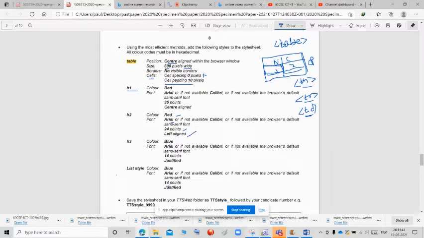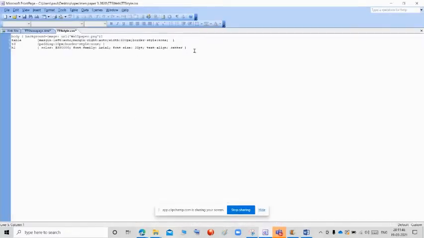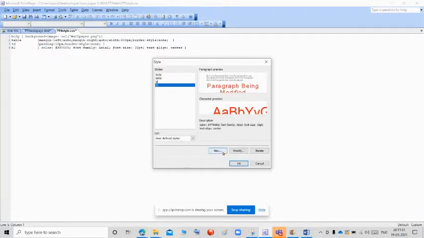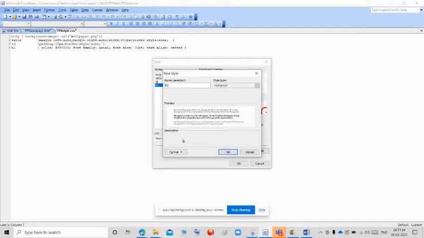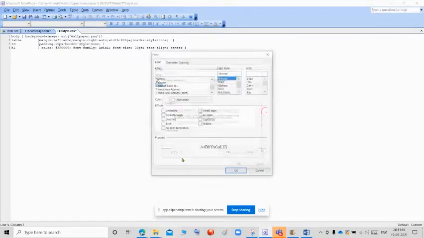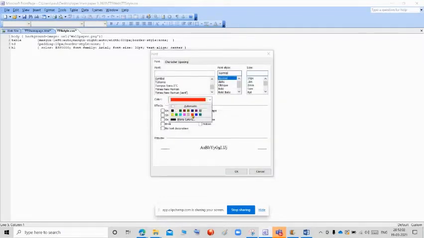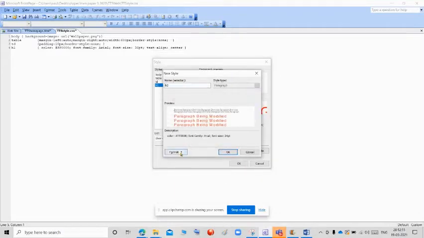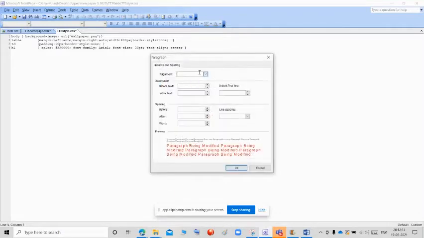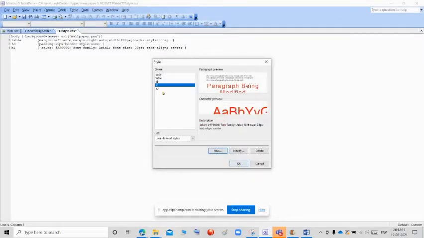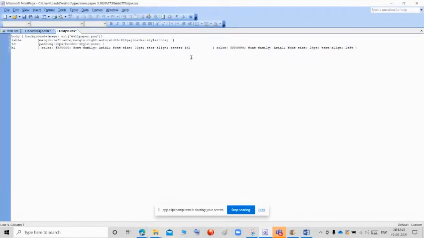and left align. Same way like H1 we are going to give now. Go to the format, select the style, select the H1, go to the new and give H2, go to the font, click red color and give Arial and go to 24 points and click OK. Next for the left align, go to the paragraph and left and click OK. Select H2 and click OK and enter.